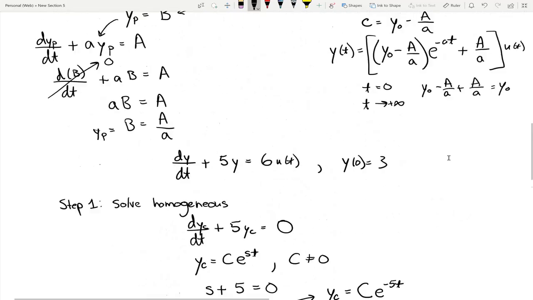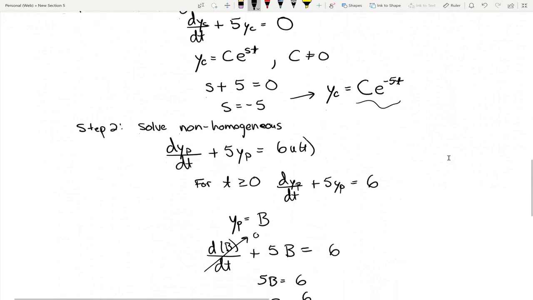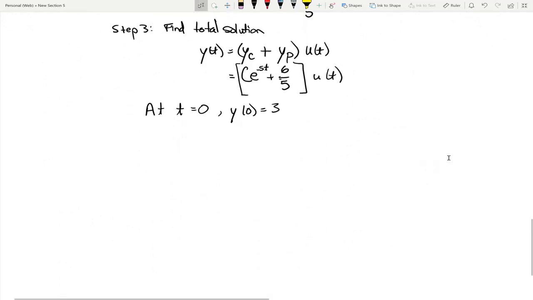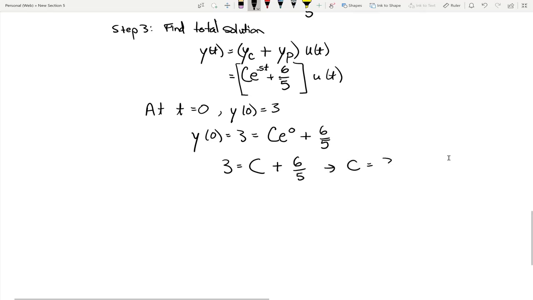Right, 3 is what I chose as my initial condition. Okay, so I say I have y of 0 equal to 3 equal to c e to the 0 plus 6/5, like that. So this becomes 3 equals c plus 6/5, or c equals 3 minus 6/5,